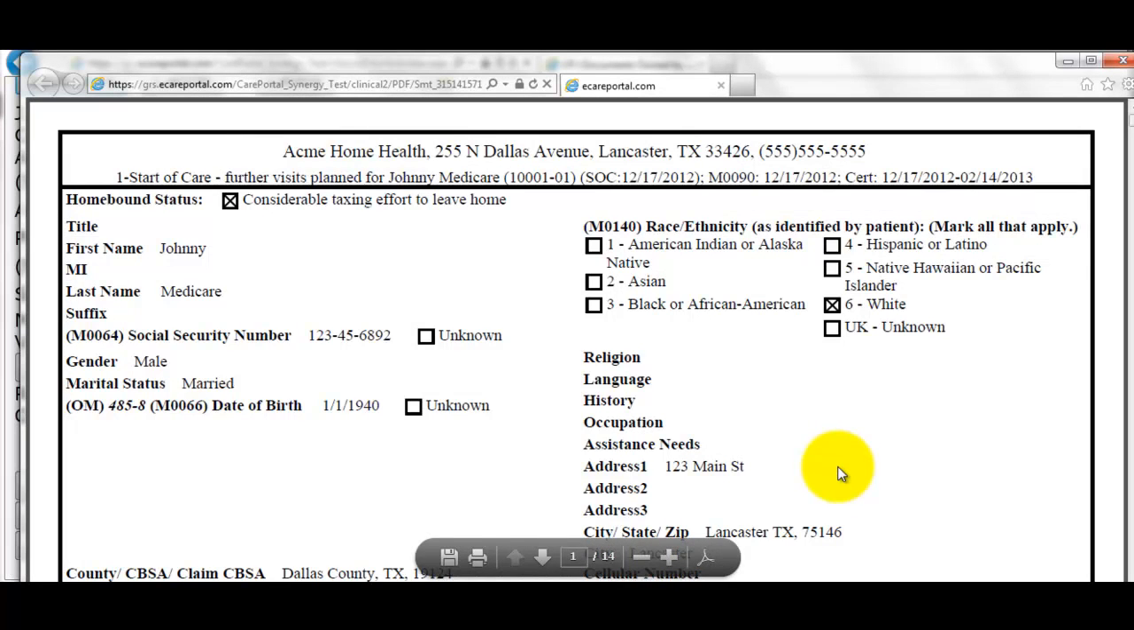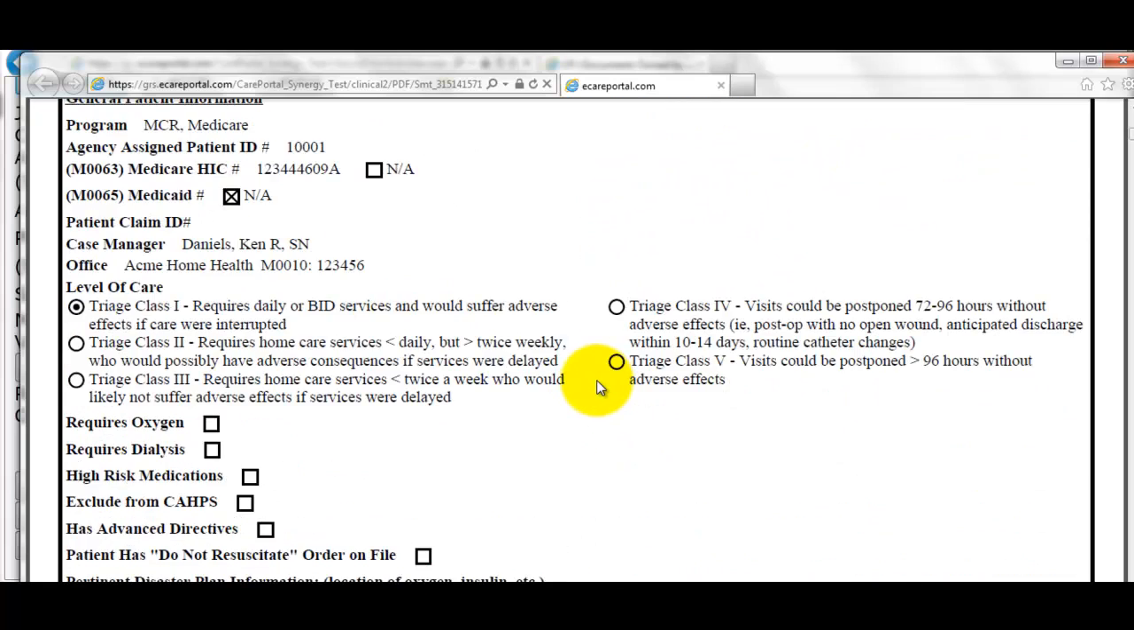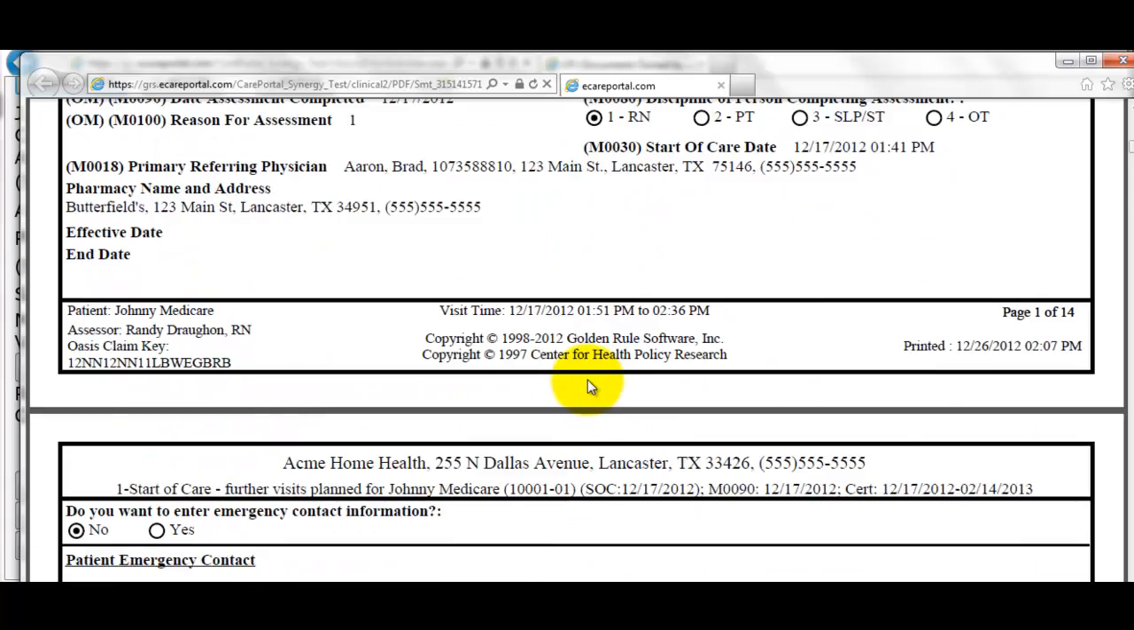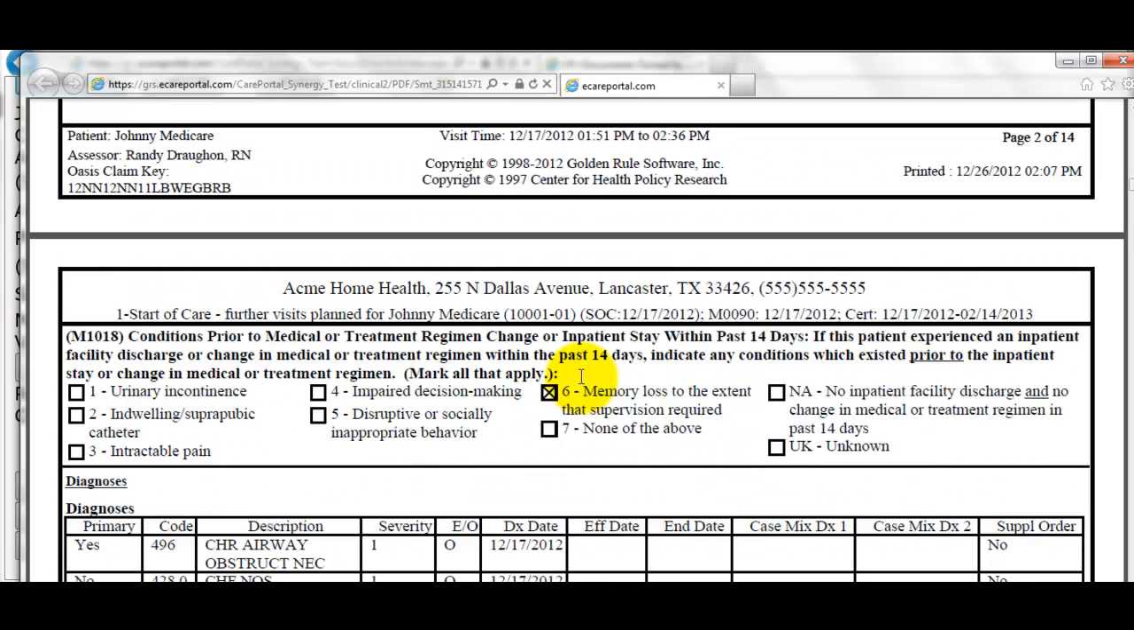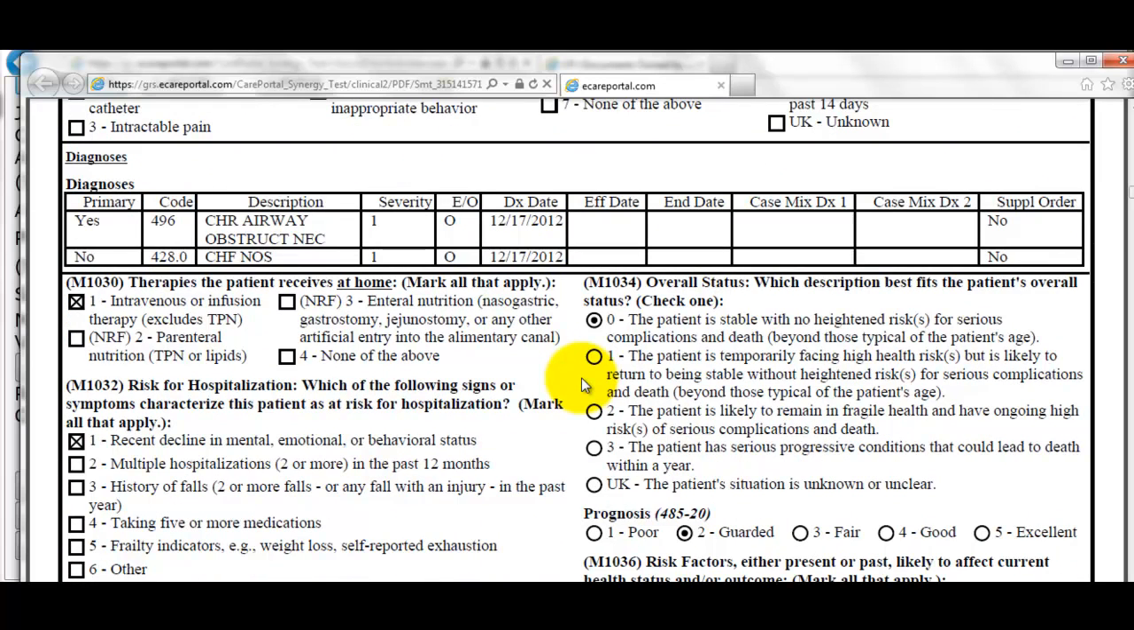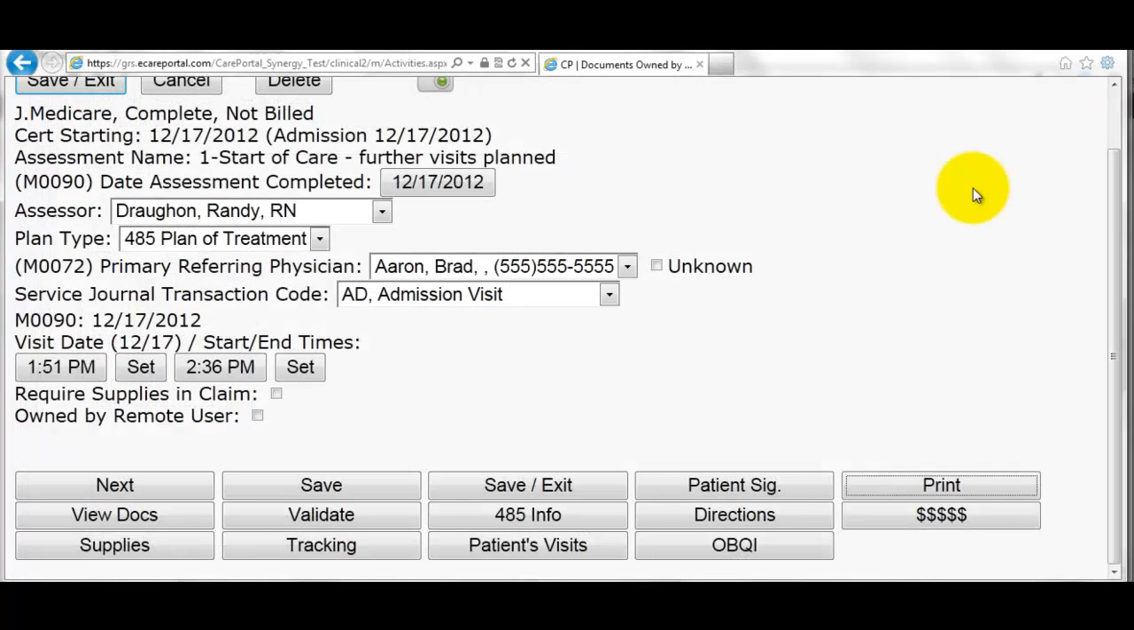And this will bring up the full start of care assessment for Johnny Medicare. I can review this as a back office QA person. And if I'm happy with what I see, I can go ahead and validate it. But if I'm not happy with what I see, which in this case I'm not because I see that not enough medications have been entered, I can return control to the point of care user by clicking on this checkbox,